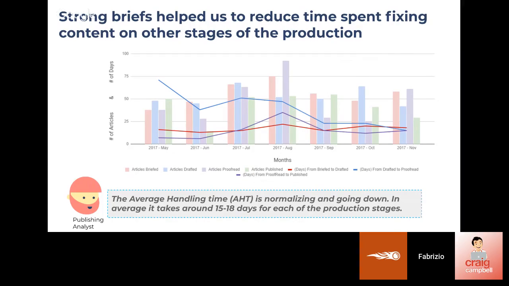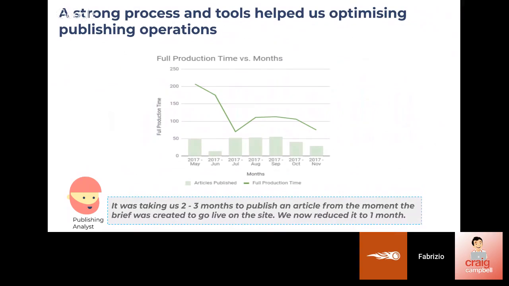At some point, we went really nuts about measuring each single step of the production process. We were measuring time from article to draft to brief to reviews to proofreading to publishing, and making better briefs over time helped us reduce the stages. So for instance, we have less review time between one stage and another, and overall it helped us optimize the time for content to be published. We were creating a brief initially, and then sometimes waiting even 2-3 months for the content to be published by the end of the process,